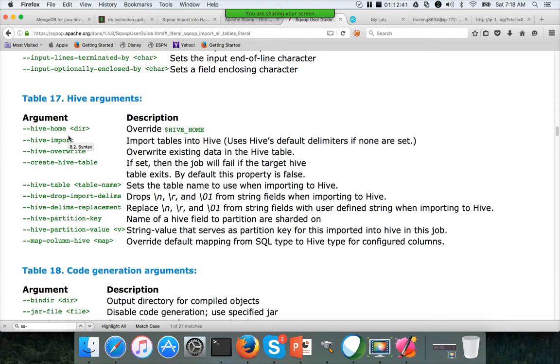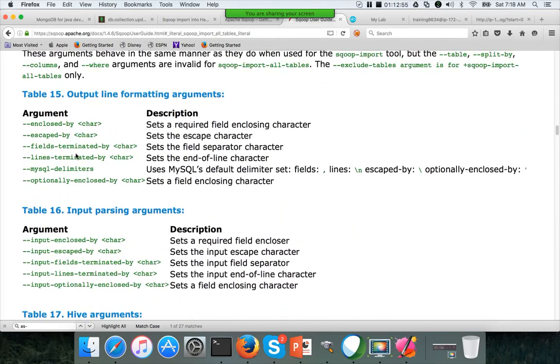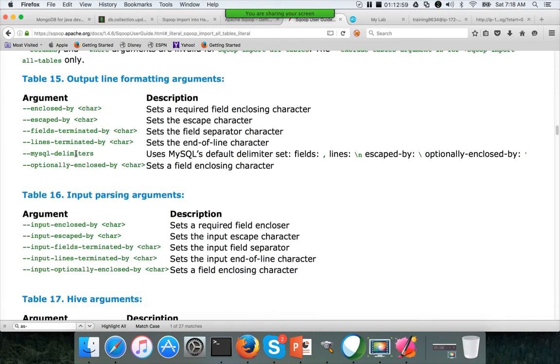I will explain these things at the time of the import command. I will defer it for now. There are a few differences also between import all tables and import in most of these arguments, and I will highlight all those things once we cover the import command.